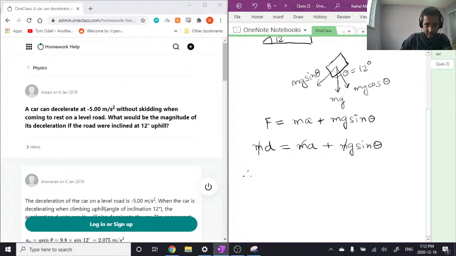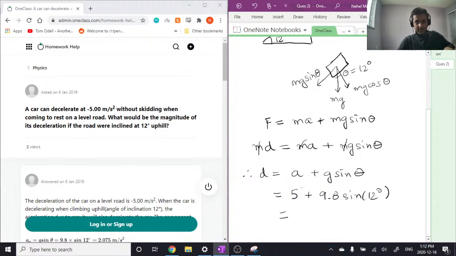Therefore, the deceleration when going up the slope is equal to a plus g sine theta, which is equal to 5 plus g sine theta. g is 9.8 and sine of 12 degrees. Let's calculate this value. 9.8 sine of 12 plus 5. So we get 7.03